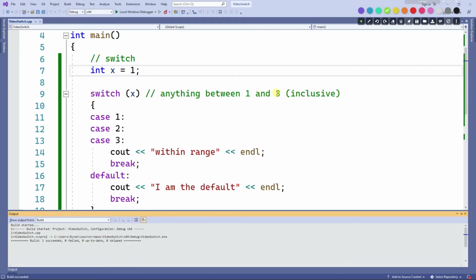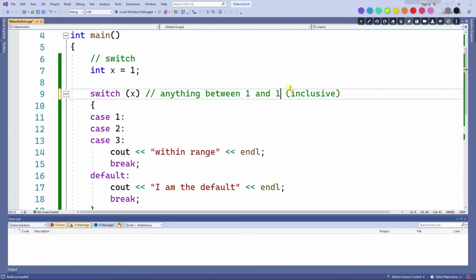So if I want it to be between 1 and 1,000 here, I would have to write 1,000 cases right here in order for this to make sense. So that's one limitation of the switch. It's very bad at doing ranges of values. It's very good at doing exact values. All right, and the other limitation worth talking about